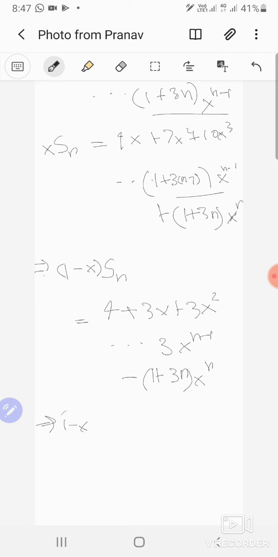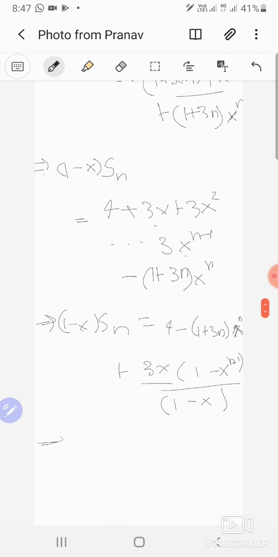That gives me 1 minus x of Sn is equal to, what's this? This is going to be 4 minus (1 plus 3n) of x to the nth power, and you got this GP. That's going to be plus 3x into 1 minus x to the, how many terms are there? From 1 to n minus 1, so n minus 1 terms are there,